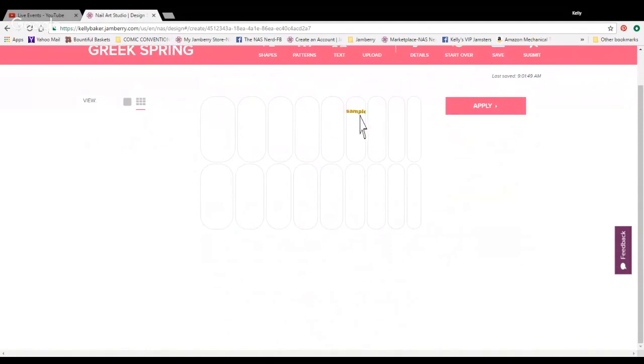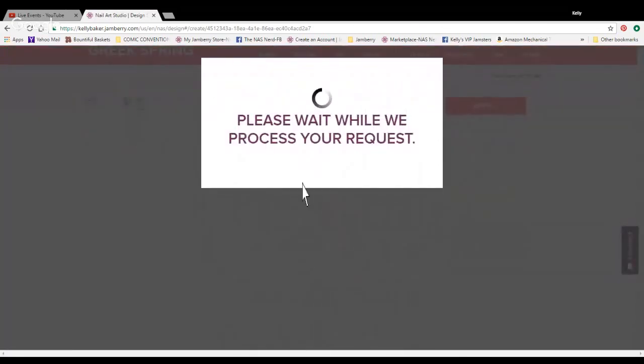You can also see here that I would need to go back and resize. This is why using this sample preview is a great way to get an idea for what your nail shield will look like before you submit it for approval. Right now I know I'm going to need to resize it because part of the lettering is cut off. So I would go back to that individual nail view,